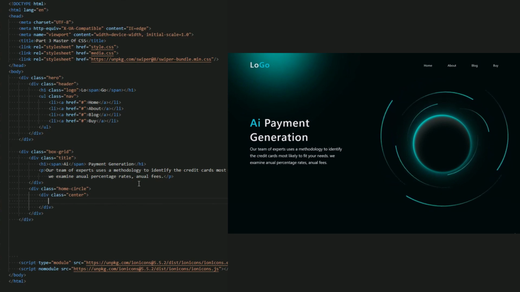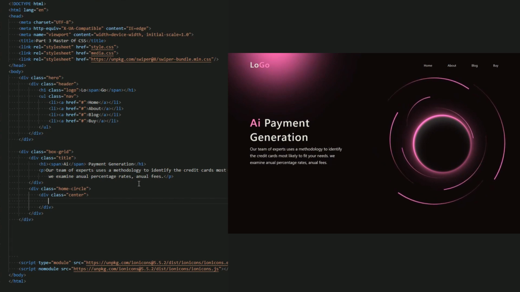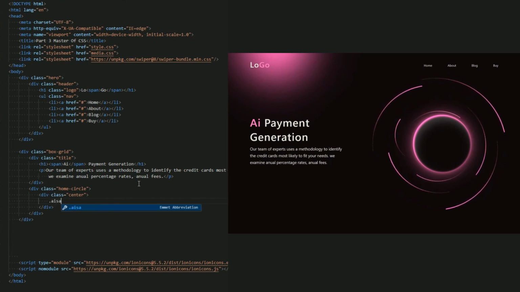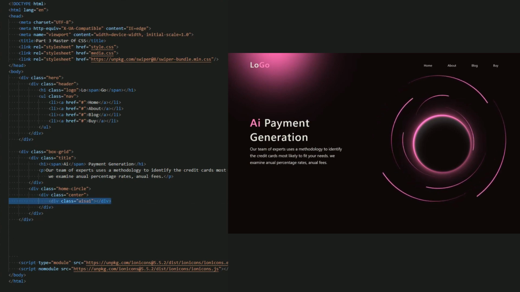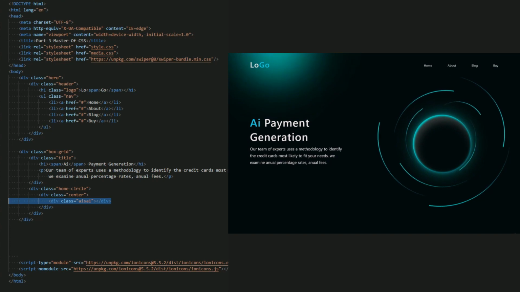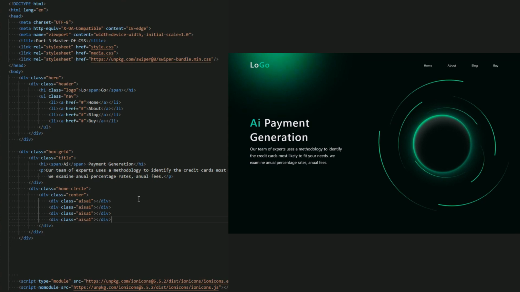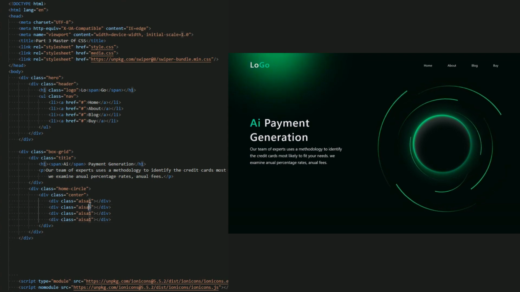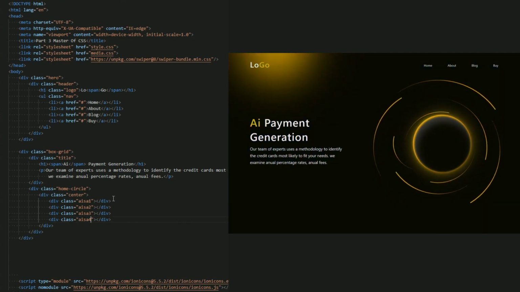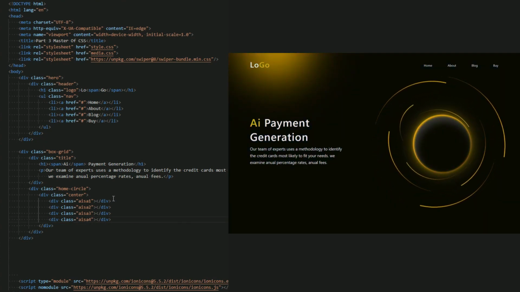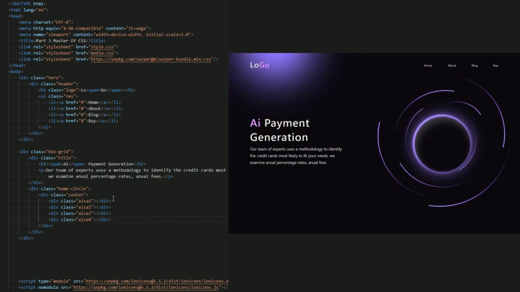This is the main box of this arrow. Now inside this main box I want to create an arrow, so let me just name it ASA1. It's a simple name, and this is our arrow, which has 2 arrows, for before and after. Now let me just copy paste it 3 times. ASA2, ASA3, ASA4. And you can add more inside it, but I think it's enough for this website.